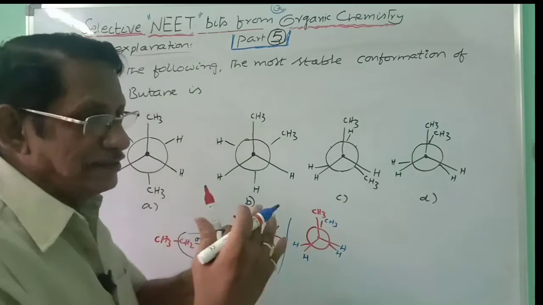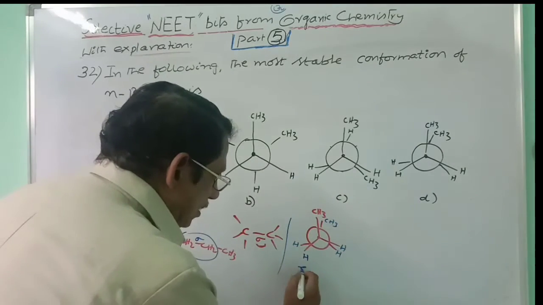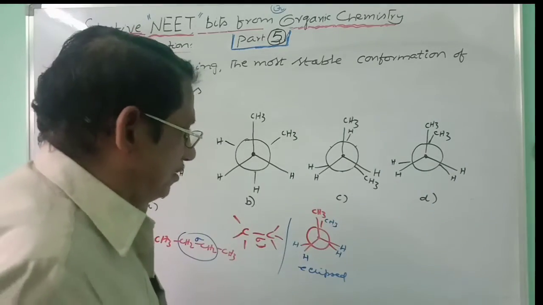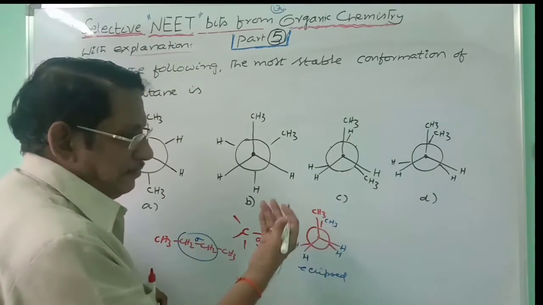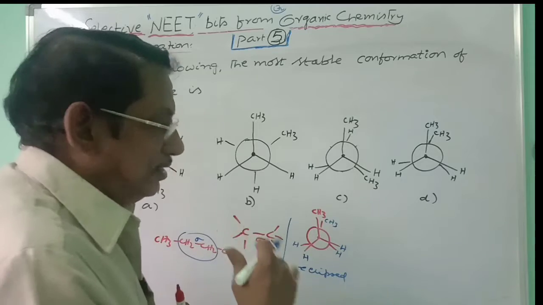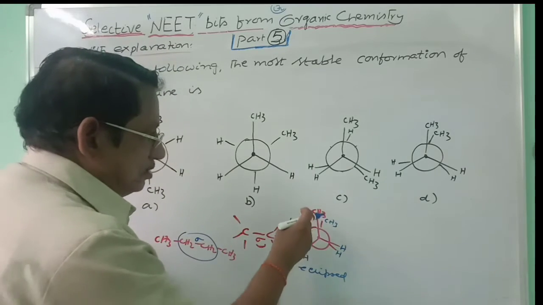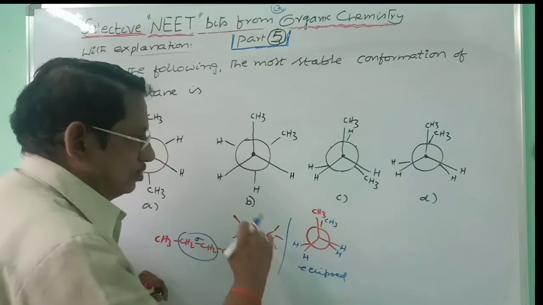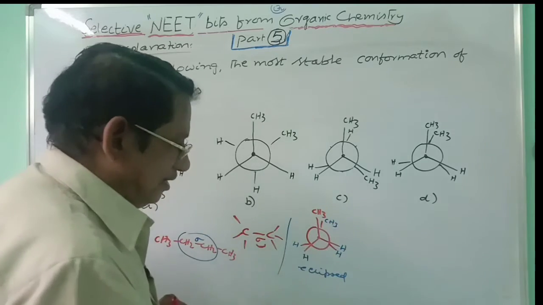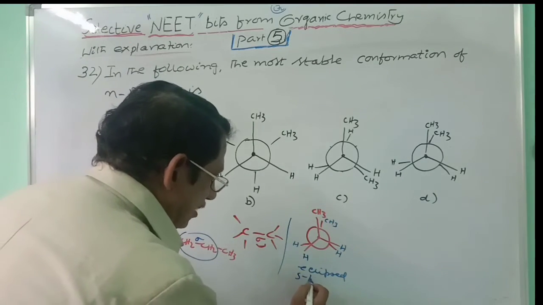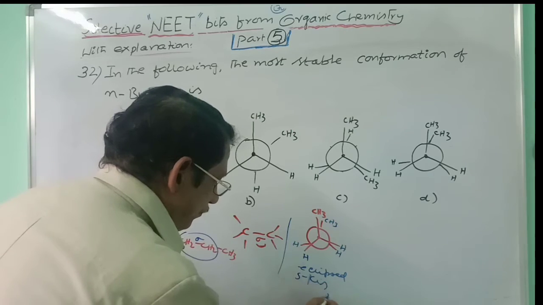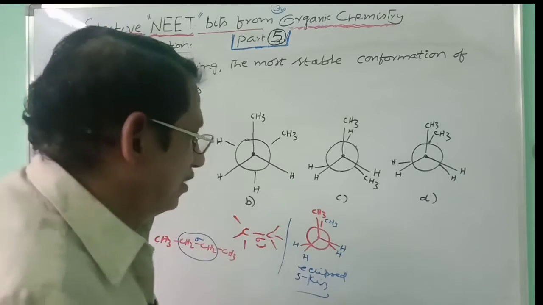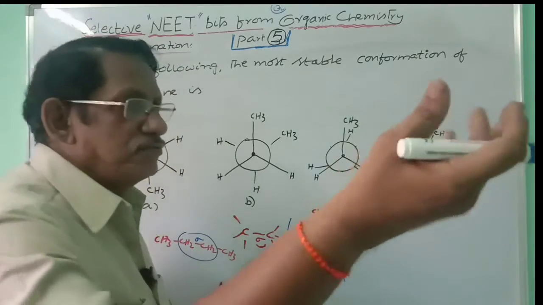That is what we call eclipsed. And this is what we call the eclipsed conformer. In the eclipsed conformer, if the same groups are behind the front groups, then CH3 is hiding the same group, H is hiding the same group, H is hiding the same group. Same groups are being hidden there. Then it is called S-cis. Out of all, S-cis is the least stable because the cloudy groups are nearer,